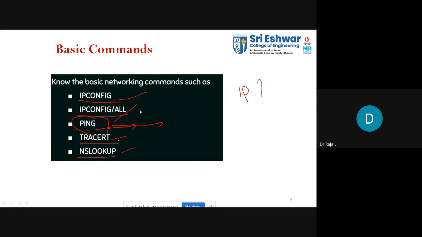Traceroute checks from you to where you want to communicate, what intermediate devices it takes to reach the destination. For example, if I want to know the IP address of our college, by using this command you will get to know the details. So these are the very fundamental and basic commands. You have an experiment with this traceroute. Okay, so we'll be discussing now.